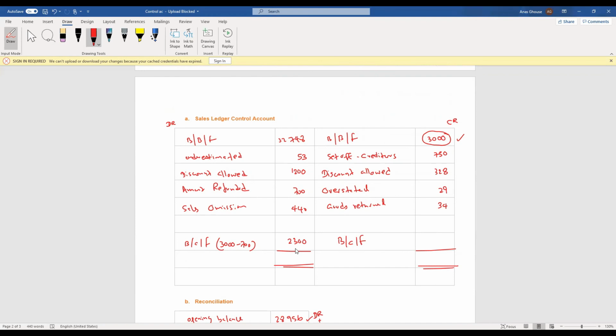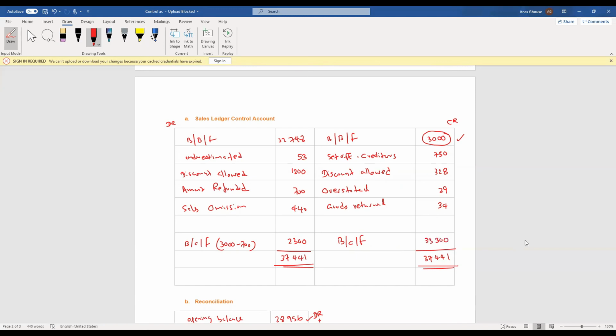When you total this debit side, that will be 37,441, and the correct balance will be 37,441 minus 3,000 minus 750 minus 328 minus 29 minus 34. So that will be